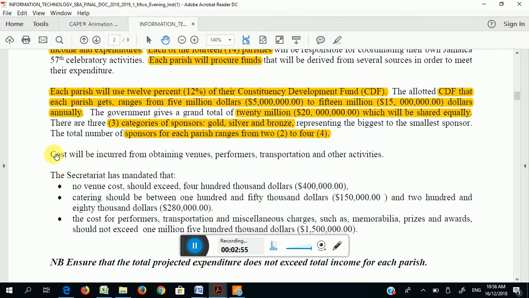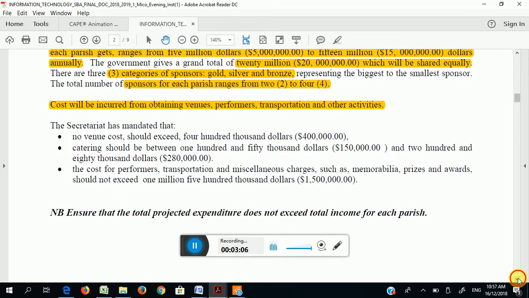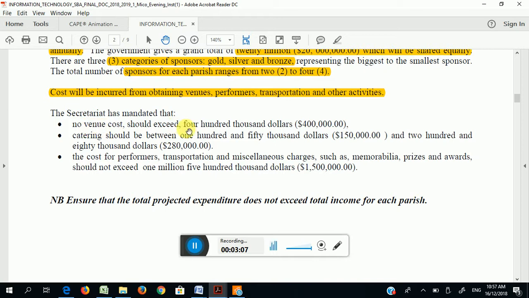Costs will be incurred for obtaining venue, performance, transportation, and other activities. The Secretariat has mandated that no venue cost should exceed, so any figures for rental cannot be more than $400,000. The catering must be between $150,000 and $280,000.